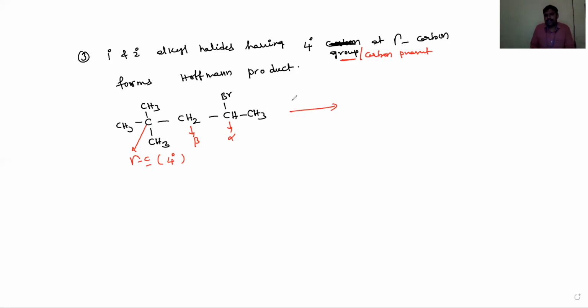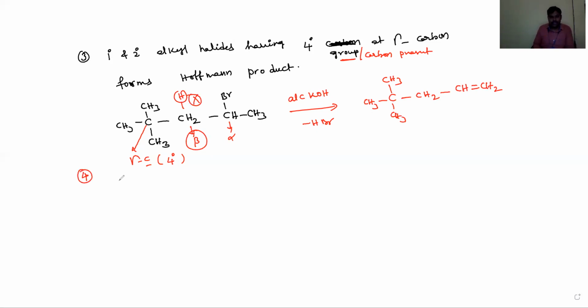So here the base is neither specifically bulky nor small, it's not a problem. With alcoholic KOH, it undergoes dehydrobromination, and because the quaternary group is a bulky group, the base cannot remove the internal beta hydrogen. Here this hydrogen atom it cannot remove because the adjacent group is very big. Then the product is the less substituted alkene as the major product, with double bond CH2. And another important case for Hofmann reaction is quaternary ammonium salts.